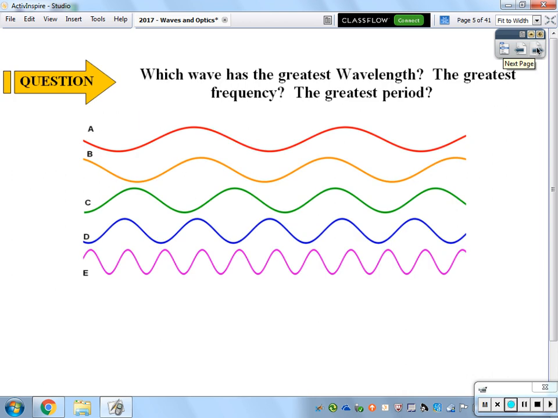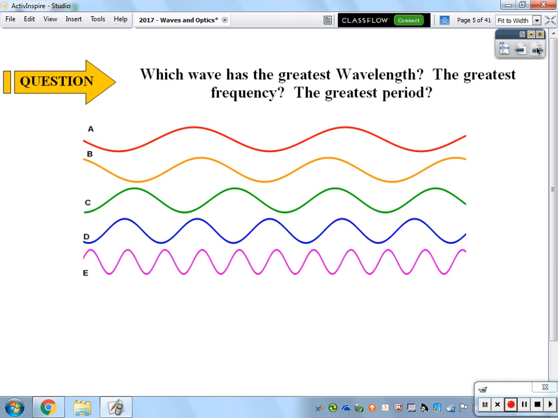So, at the bottom of your note page, we have a couple of waves that are drawn there, and a couple of questions to follow. Which wave has the greatest wavelength? What do we all say? Should be A. Because if we go crest to crest or trough to trough, it certainly should be A. And I think you can also see here that rest position is not drawn in, so it would be harder to determine a wavelength if we're trying to use that as a point to measure.